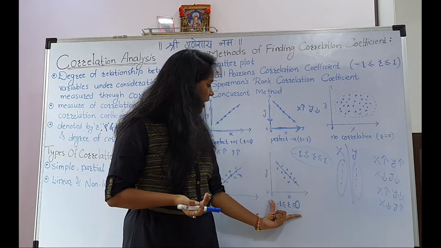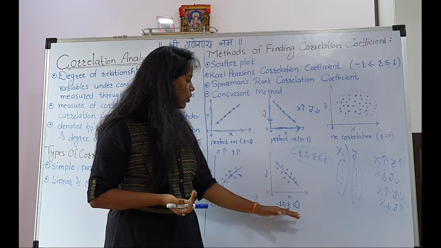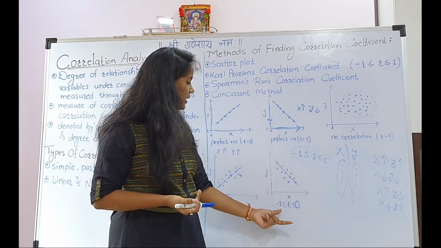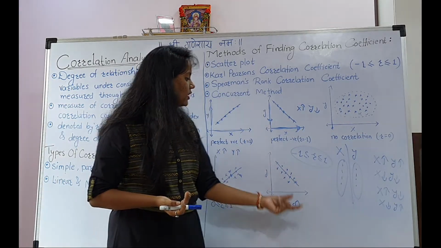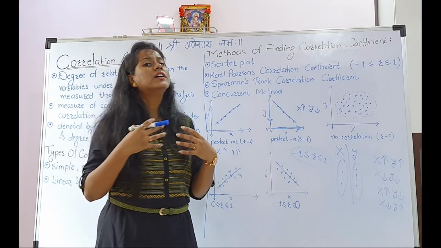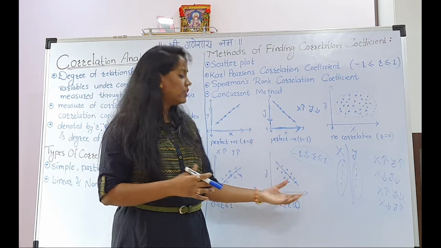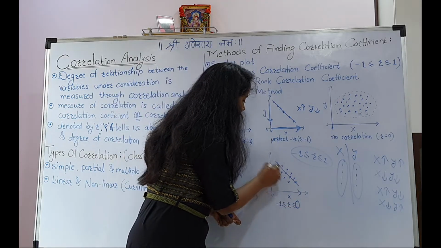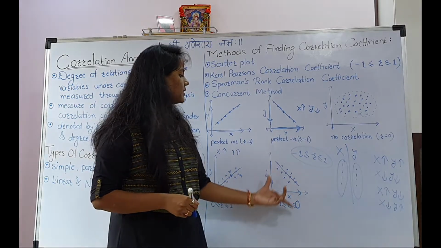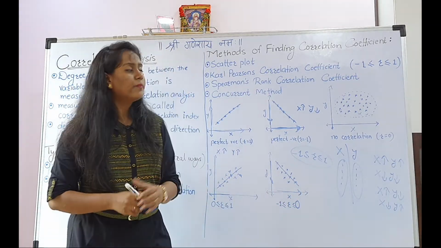And in the last figure we can see the correlation is negative, and it must lie between -1 and 0, as it is not in a perfect line. It is scattered, but it is in the negative direction. That means an increase in x implies a decrease in y. So here we can say it is negatively correlated.